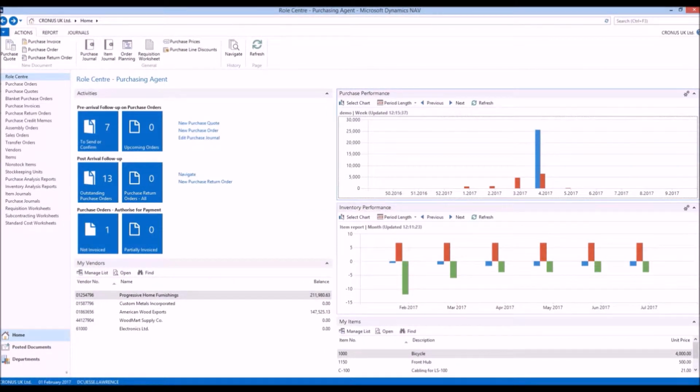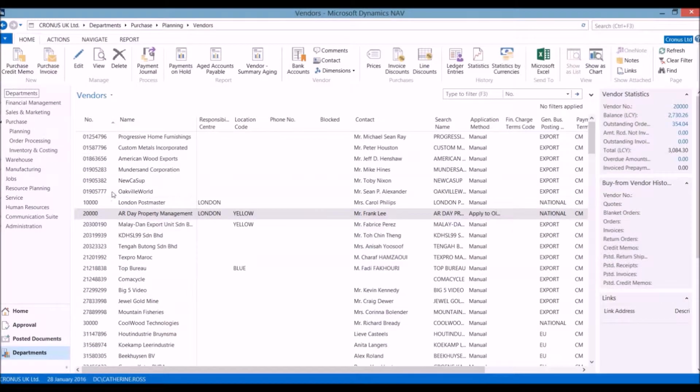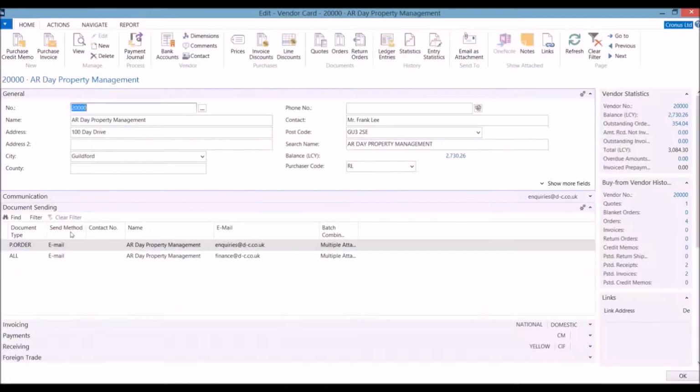We start in the Purchase Order Processor Role Center, which gives you an overview of all your business activities. We are going to start by looking at our supplier account by going to our list of vendors and open